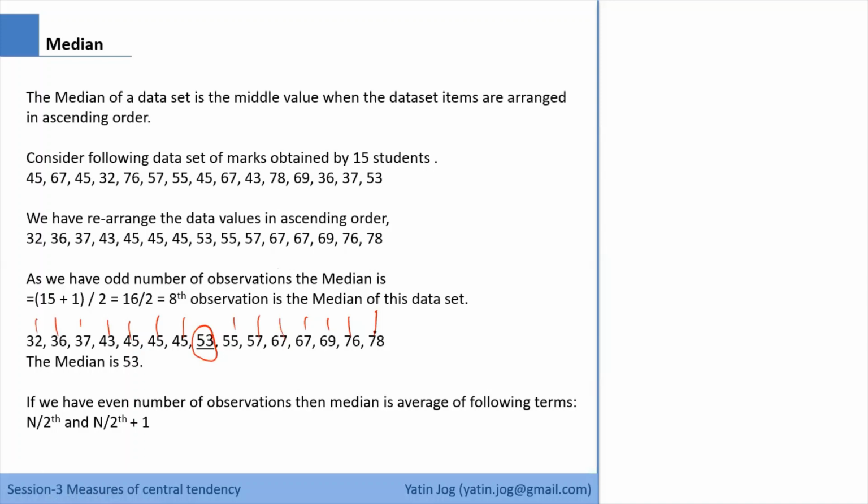Similar to median, we have concepts called quartiles, deciles, and percentiles. Generally in financial analysis, we divide our data into 4 quarters: quarter 1, quarter 2, quarter 3, and quarter 4. Instead of dividing the data set into two equal parts as in median, if I divide my data set into 4 equal parts, then I'm going for quartiles. If I divide it into 10 equal parts, that is deciles. And if I divide it into 100 equal parts, that means percentiles. Generally, percentiles are used in examination results.